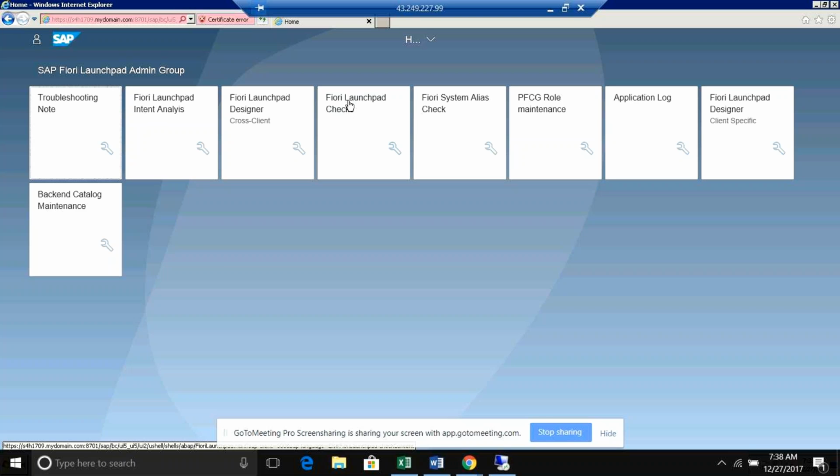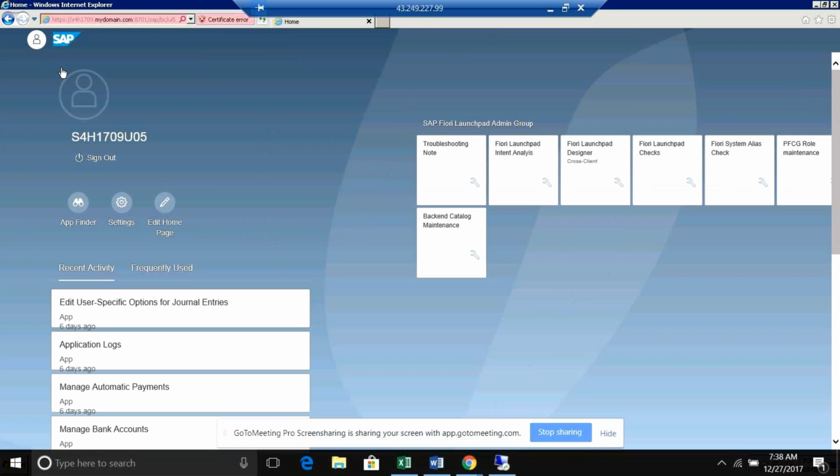As we discussed earlier, we have three categories of apps. One is transactional, for the regular postings like FB50, FB60 and all those. We will use the transactional apps, and also analytical apps where we want to check the reports. And third is dashboards, for which we will use a different category. I will show you from the general ledger accounting perspective.